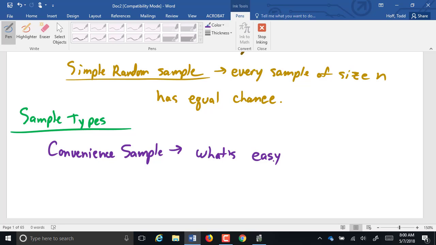Now, the example I gave you is kind of extreme, but there are other examples that are a little more extreme. Like I've seen political surveys done where they'll actually go outside one candidate's rally and survey people as they exit. And they'll come up with, hey, 82% of people favor this concept. Well, yeah, because you took the candidate who's pushing that concept and you waited outside their rally. Or another common one is to wait outside a church and survey people as they leave church. You know, usually the religious views and certain political views go together. So there are all sorts of different ways that you can conveniently select data that gives you a very poor sample. So that is not even random.